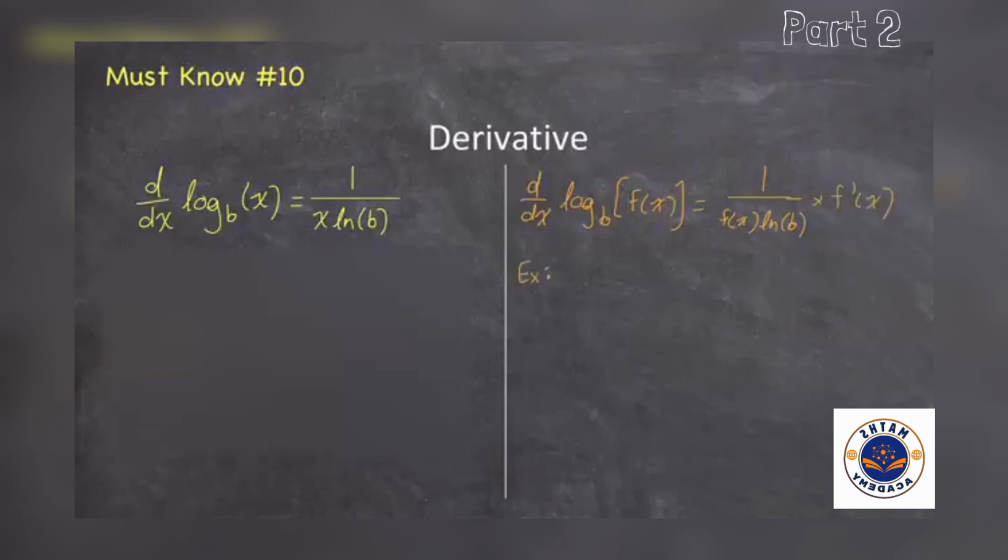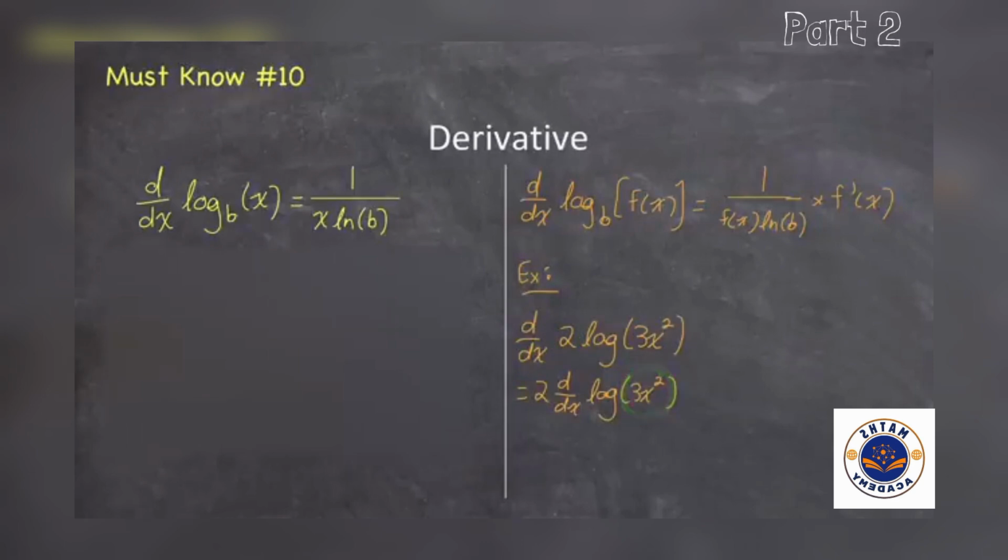So an example where we would need this is if you wanted to find the derivative of 2 times log of 3x squared. So the first thing, I could use the constant multiple rule. I have a constant factor. I could just move that in front of the derivative. And because the argument is a function of x, I need the chain rule. So this would be equal to 2 multiplied by 1 over the argument, which is 3x squared, times the natural logarithm of the base of the log, and I don't see a base, so it's the common logarithm, so the base is 10,